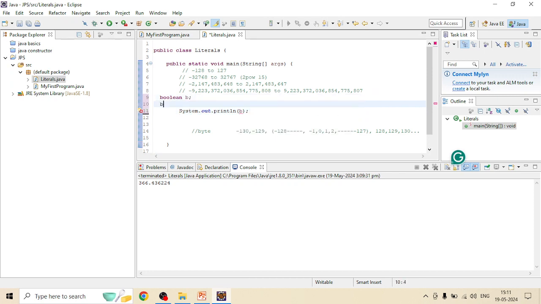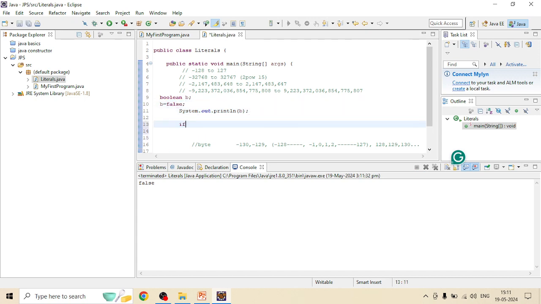B equal to, not at all. B equal to, if you declare false, no problem. This will print false. If it is true, then true, no issue. If it is false, try to use it in if b